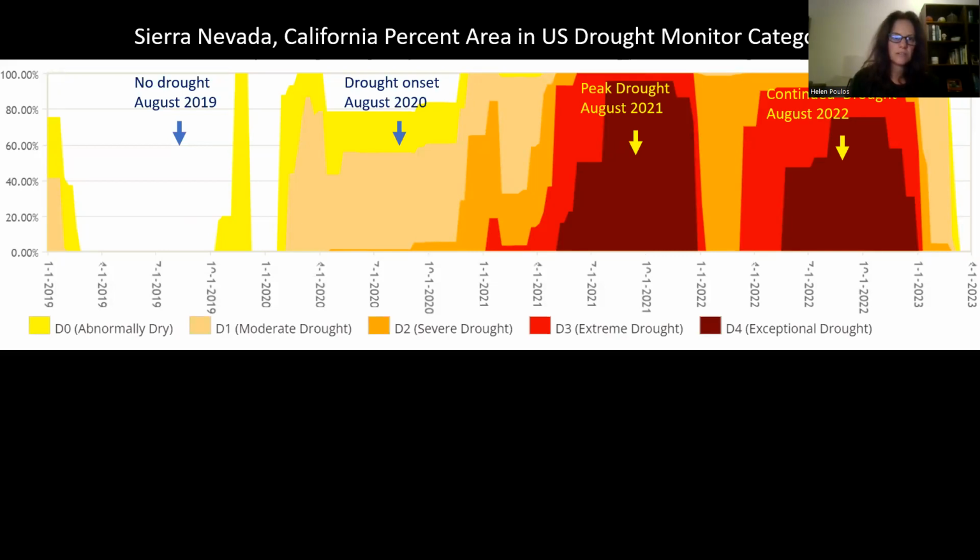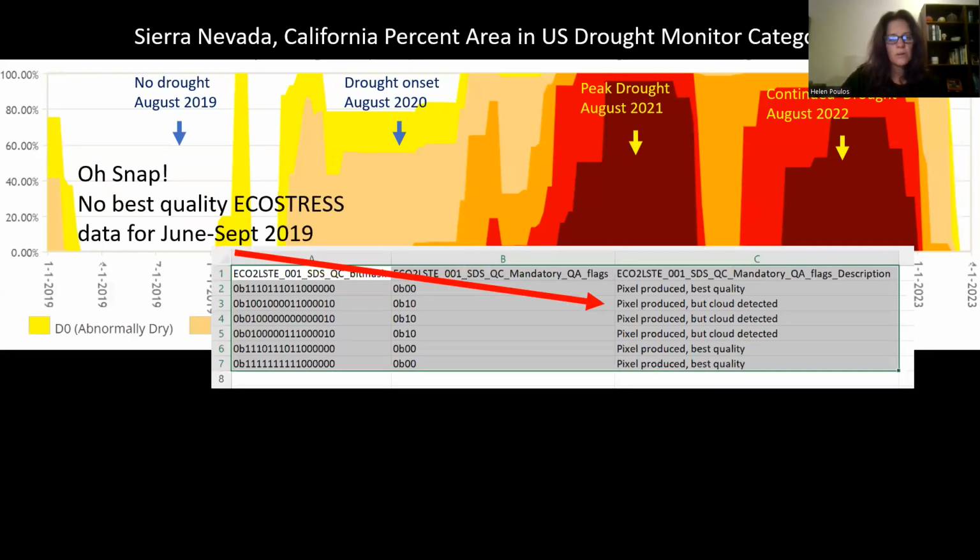The drought started to come on in 2020. Peak drought was in August 2021, and continued drought then in August 2022. So what you're looking at here is the time series of when we have ECOSTRESS data available. But we really didn't have a lot of good quality ECOSTRESS data for that no-drought period, which is really unfortunate, because it hindered our ability to look at drought versus no-drought plant water status,